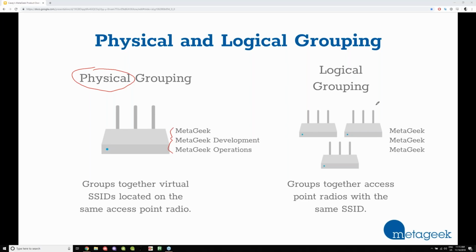Whereas a logical mode will group all those together into the same SSID. So even if you have multiple access points, you can troubleshoot things like roaming issues with logical mode. And again, I recommend using the trial of our software. If you just Google a trial version of MetaGeek software, you'll be able to see how these groupings